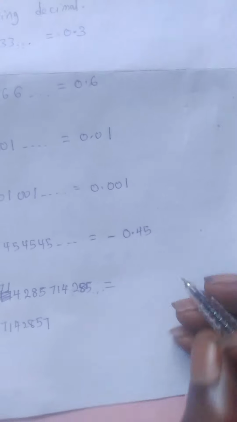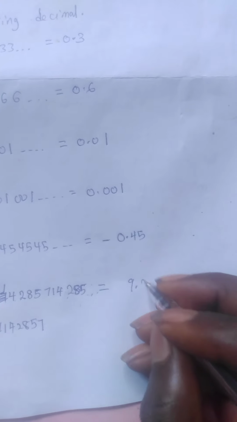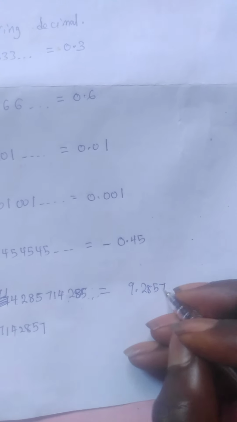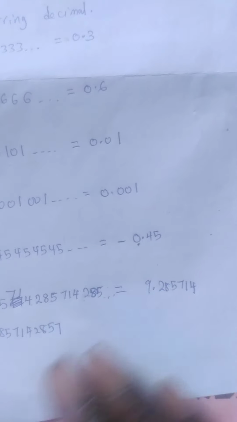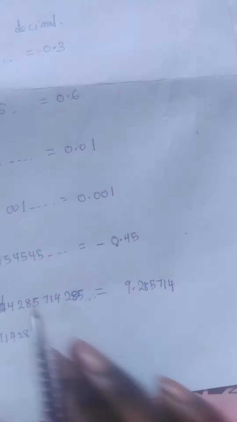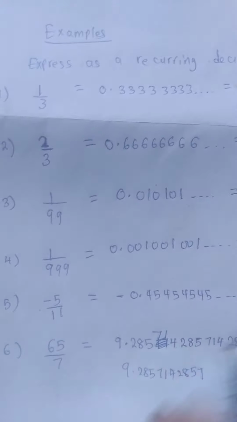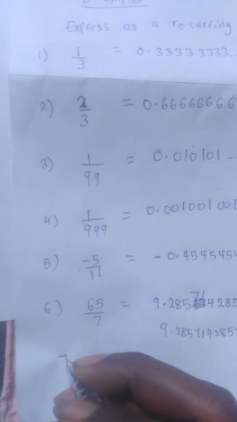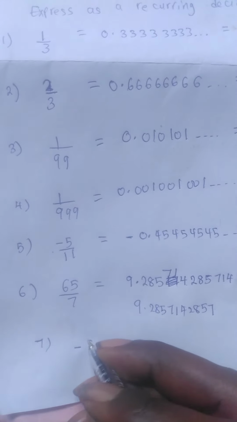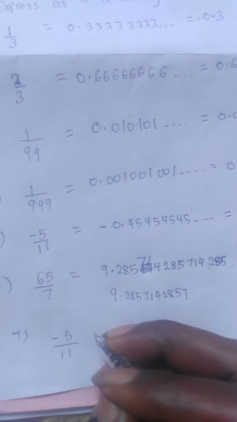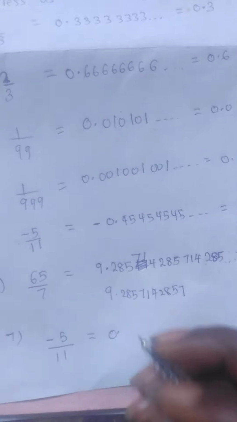So now we can just say 9.285,714. Okay, it is this 285,714 that repeats itself. Okay, so number 7, we have minus 5 over 11, and this gives us